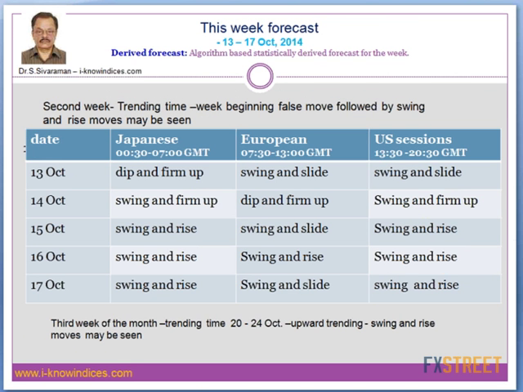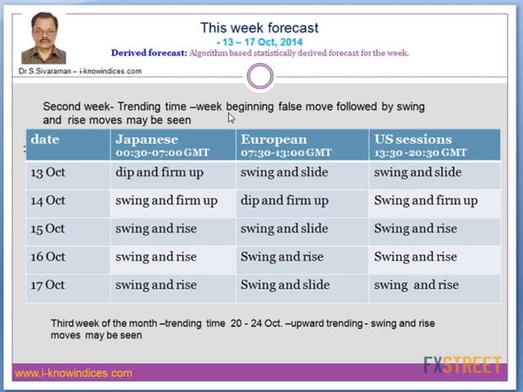This is the table showing the forecast for this particular week, 13th to 17th of October. It is the second week. The market is expected to make the trending move. The trending move will always start with the week beginning false move, followed by the swing and rise move or the swing and slide move. This time they are expected to make the swing and rise move